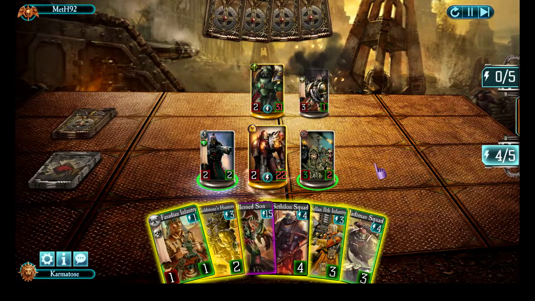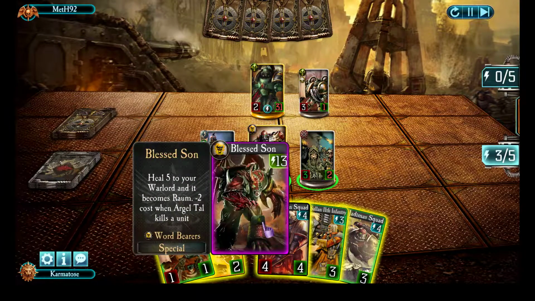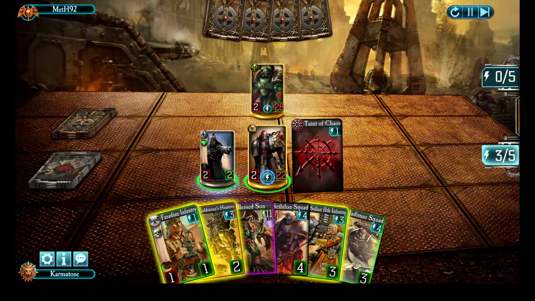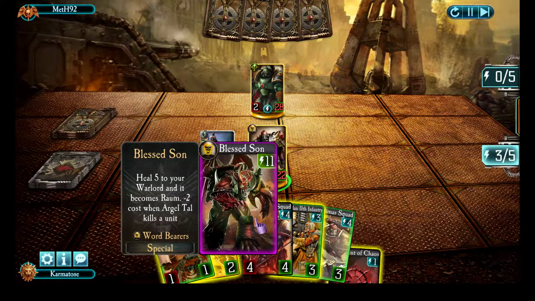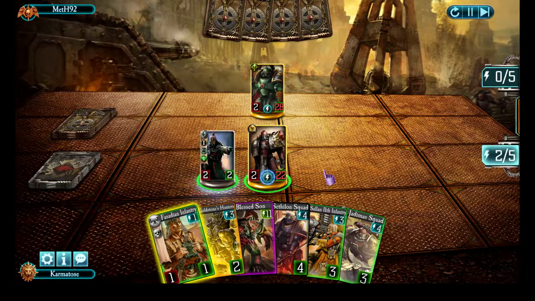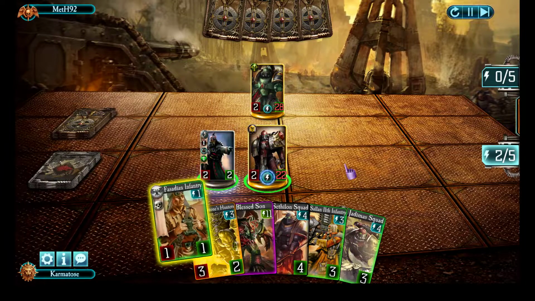Ping. Boom. Reduces by 2 per kill. And the kill is whenever the warlord kills in general. It doesn't matter if they suicide into me, if I attack them, or if I ping them. They all count towards Blessed Sun. So this is gonna go off every game if you want it to. Not the greatest, but...